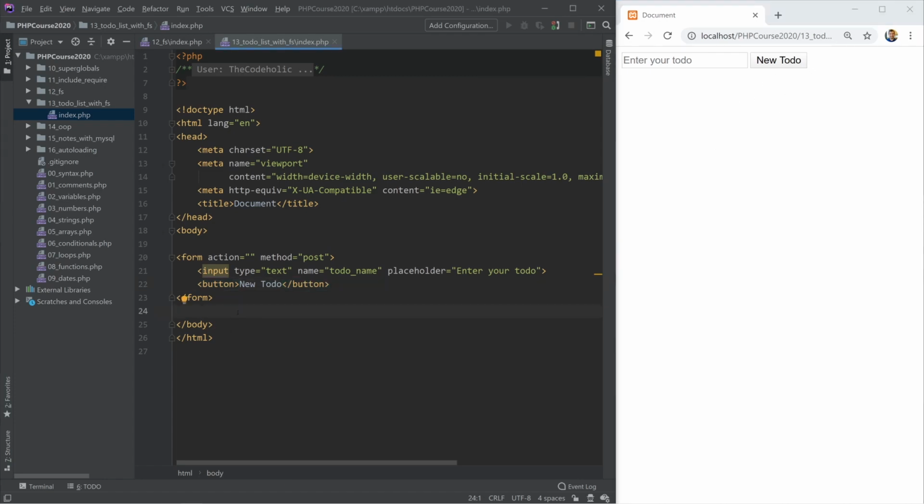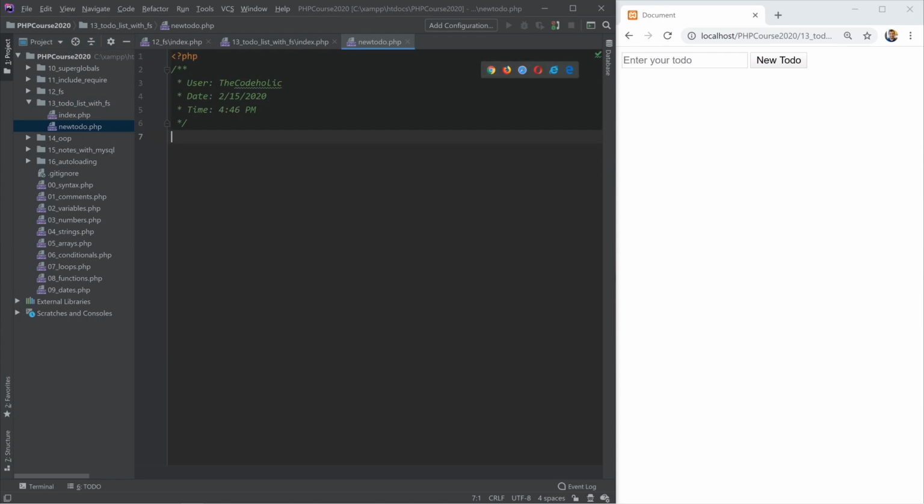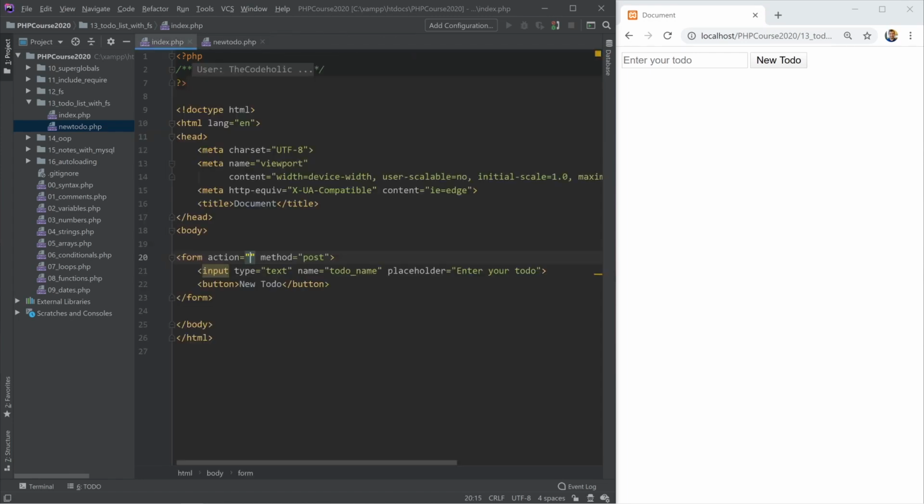What should happen when the button is clicked? It will submit the form, and that can be submitted to this file because the action is empty, or we can create a separate file for this. Let's make a separate file and call it new_todo.php. This will be the file which will handle the submission of the to-do. So let's put here new_todo.php,